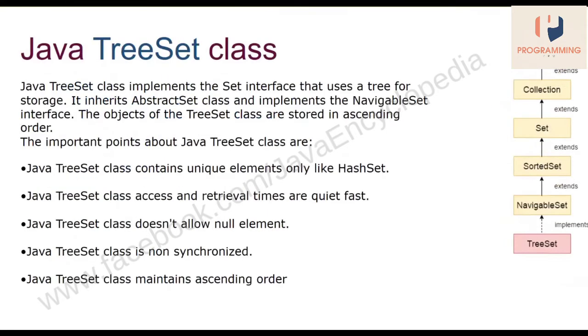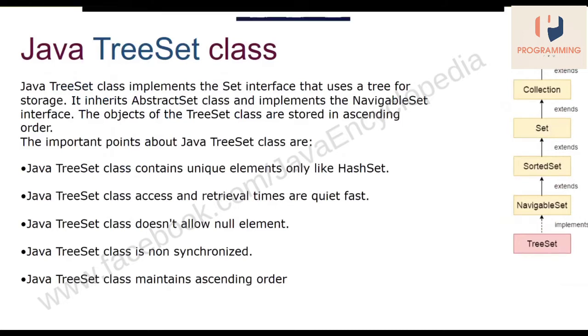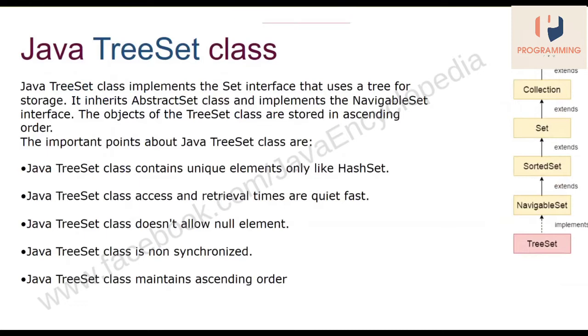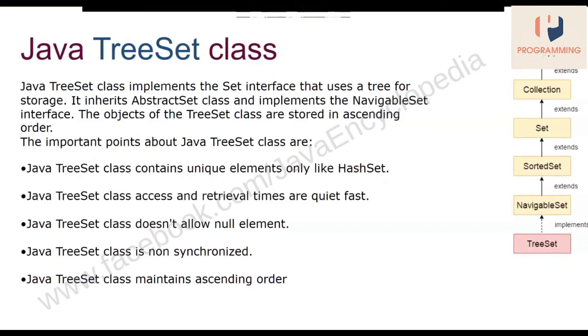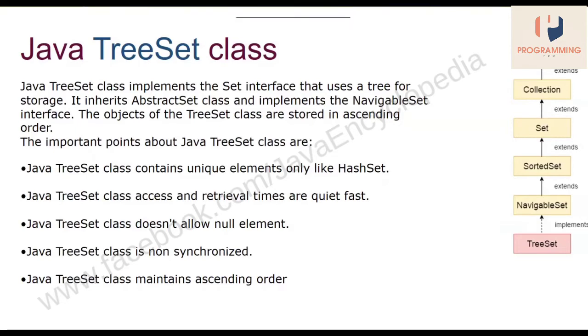So now coming to tree set. This is a new class. Yesterday we didn't see about a tree set. We are going to start the actual class from today. A tree set is again an implementation of another class which is implementing a set interface. So when we have a linked hash set and hash set, why do we have a tree set is the point. Tree set contains again unique elements because it is the behavior of set, which is implementing the set interface.